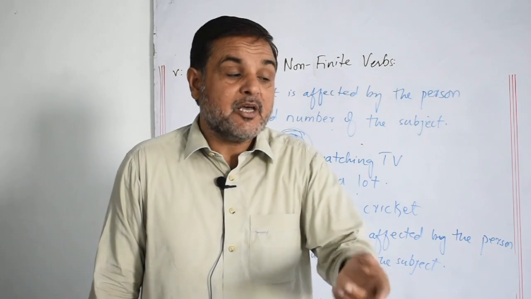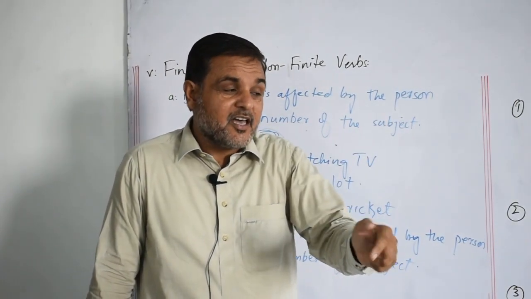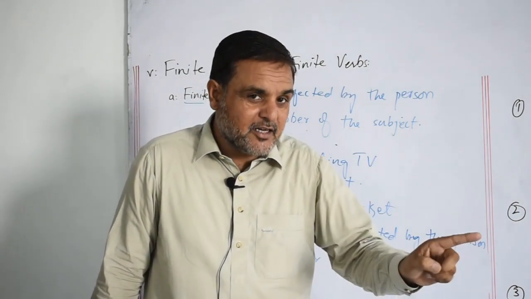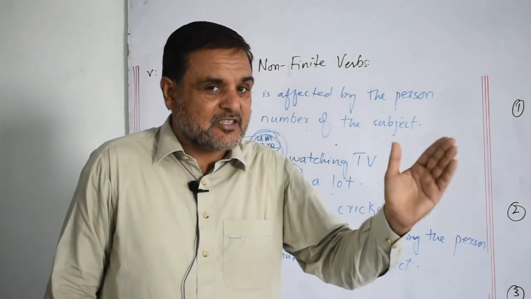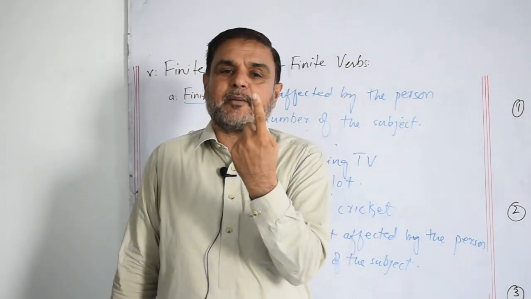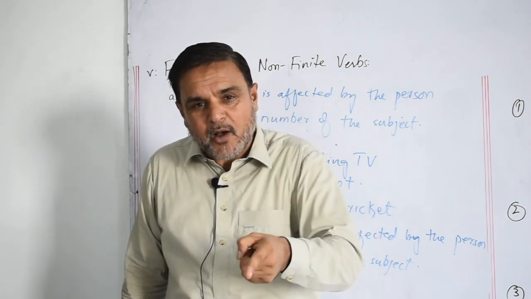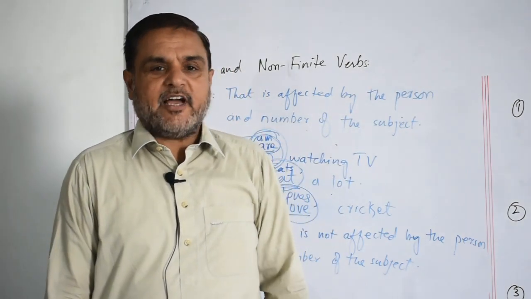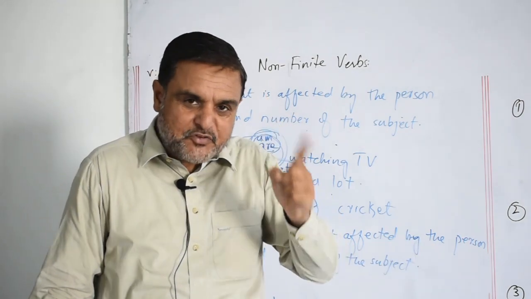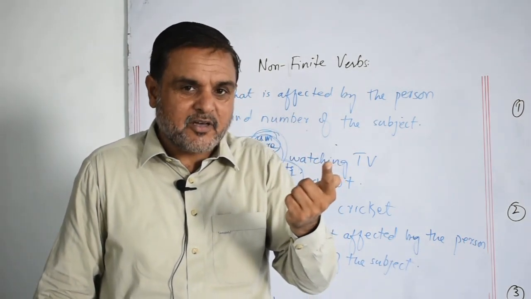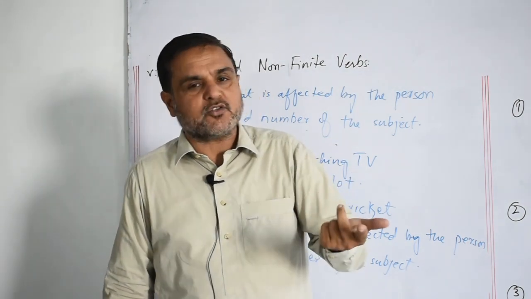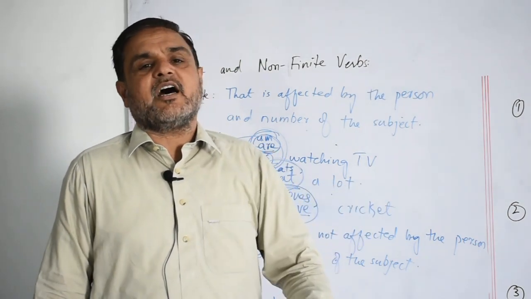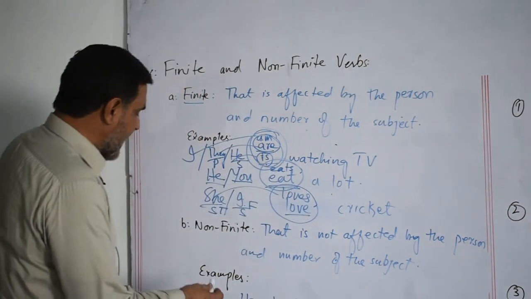They are finite verbs because they change as the number and the person of the subject changes. They are affected by the change in the number and the person of the subject. To make it even simpler, the first form of the verb is finite. All the other forms of the verb are non-finite. That's very clear. So the general present tense form is also called the first form. The third person singular form is also called the first form. The first form of the verb is actually the finite form of the verb. All the others are actually non-finite. Keep that in mind. And in case of non-finite,